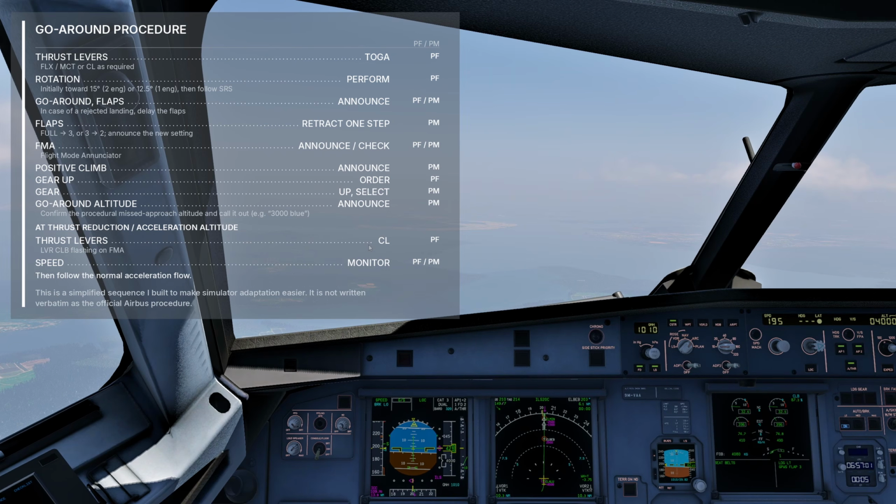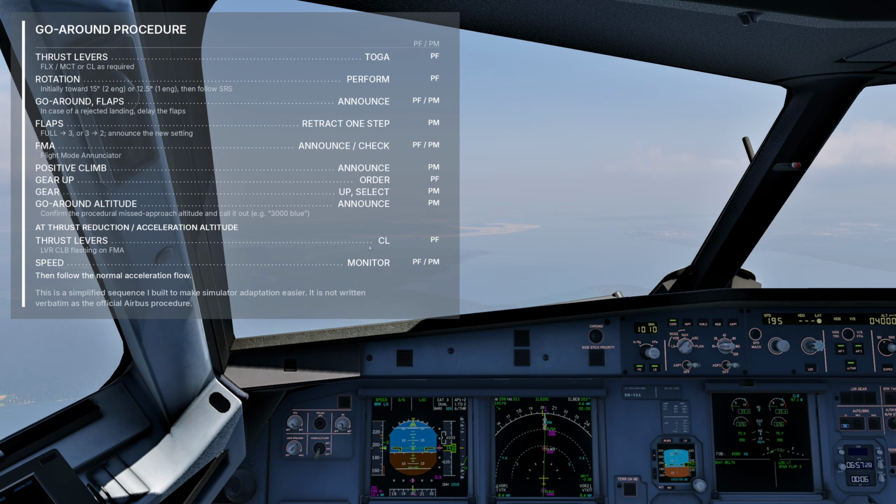First one is advancing the thrust levers to TOGA detent. Incredibly important because it will, first of all, give you thrust to actually climb out. Second, it's going to activate go-around phase of the FMGC, which is important because if you don't have it, the airplane will sequence the destination, which means after go-around you're not going to have a flight plan anymore. And also this activates applicable modes of the automation, you know, Mentoga, SRS, go-around track or nav, depending on the